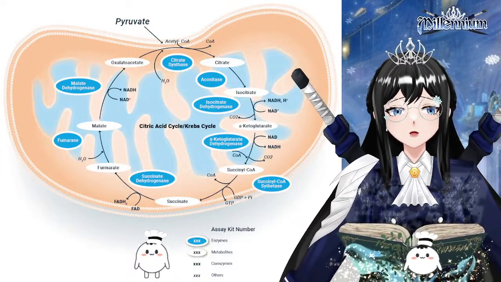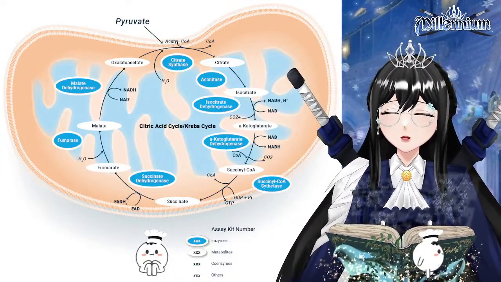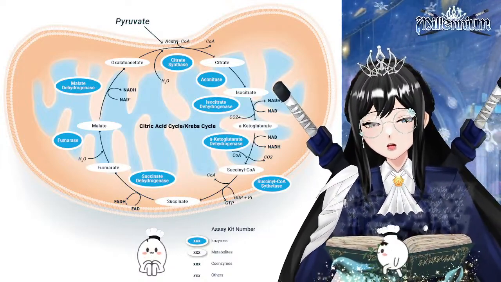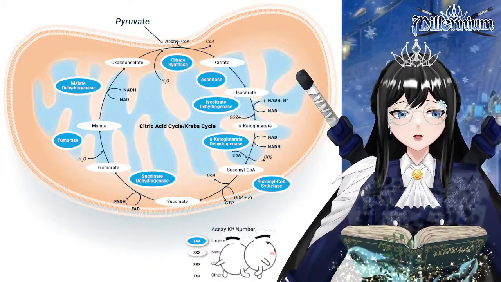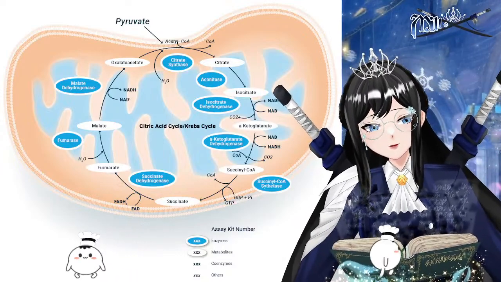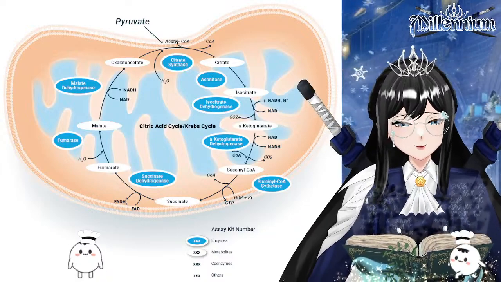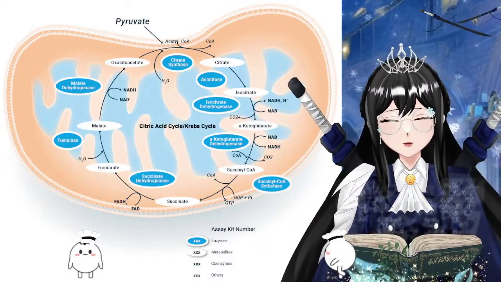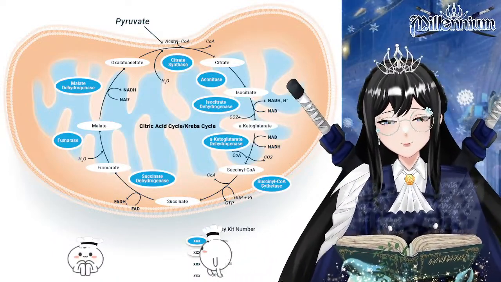Complex 1 would receive electrons from NADH and pass them to coenzyme Q. Complex 2 would oxidize succinate to fumarate, again succinate to fumarate, and would transfer the electrons via the FAD to CoQ. And then complex 3, cytochrome bc1, would transfer electrons from CoQ to cytochrome c. So again, cytochrome 3 would transfer electrons from the